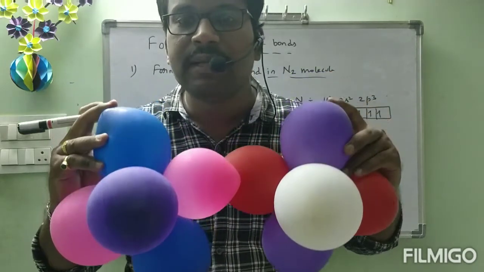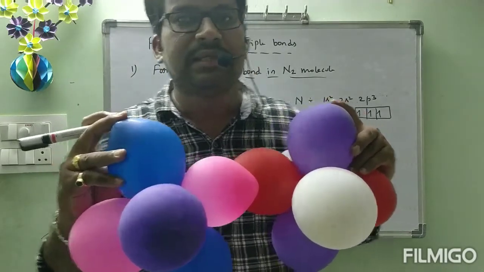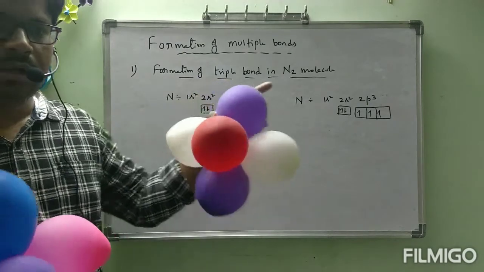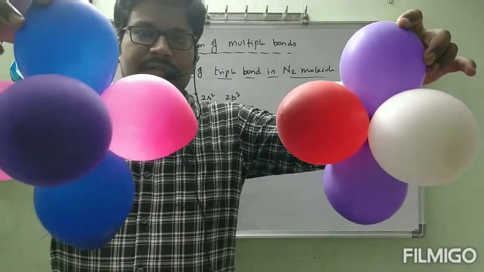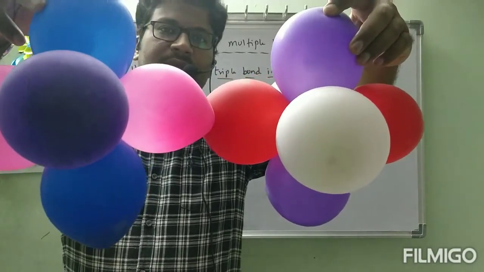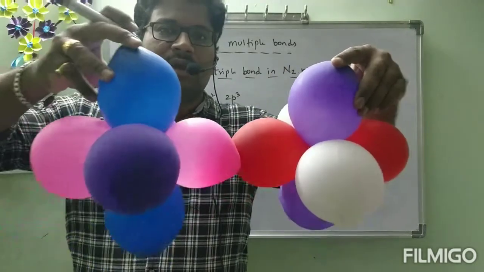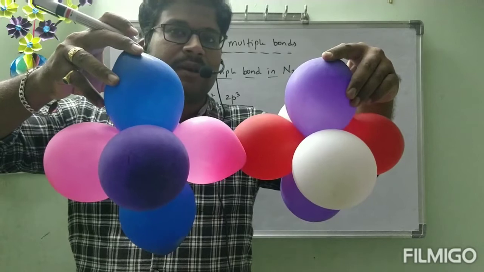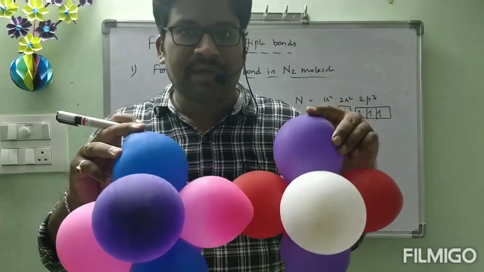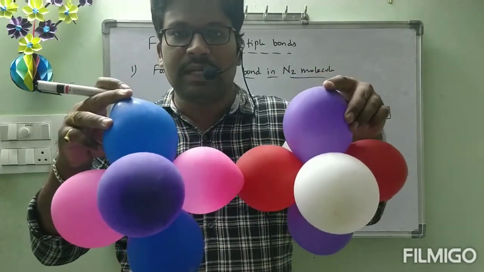Like that, how many bonds are formed between N and N in N2? Three bonds. That is a triple bond. Px, Py, Pz will be like this now. These two are involved in complete overlapping. Px and Px orbitals are involved in complete overlapping. Py and Py orbitals are involved in incomplete overlapping, partial overlapping. Pz and Pz orbitals are also involved in partial overlapping, front or rear.